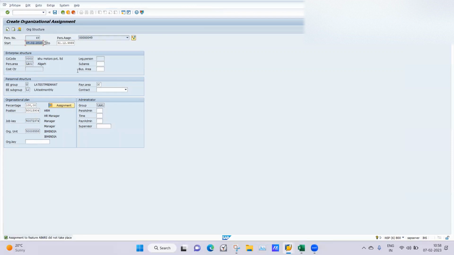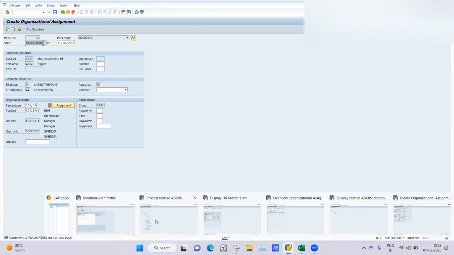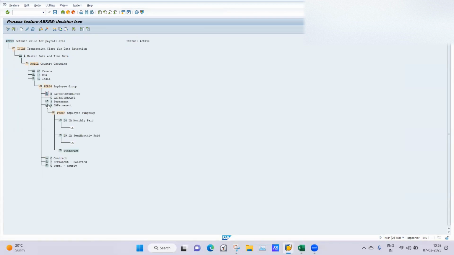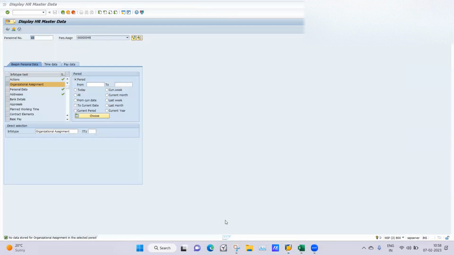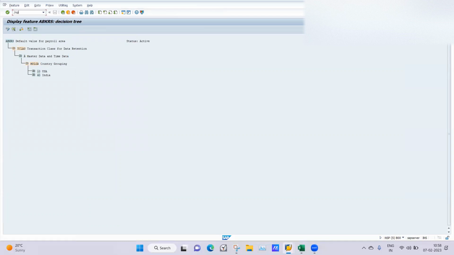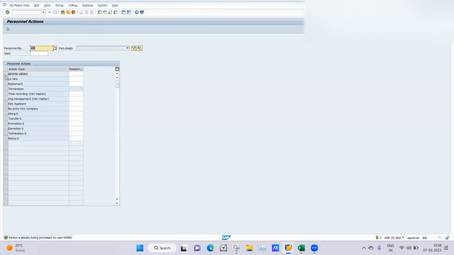now it has come into the sequence, and here it is not defaulting it. So I have to select another employee group. I will select A. The system is a little messed up because I haven't maintained the other two values, the payroll area and all. So if I go to LA hire,